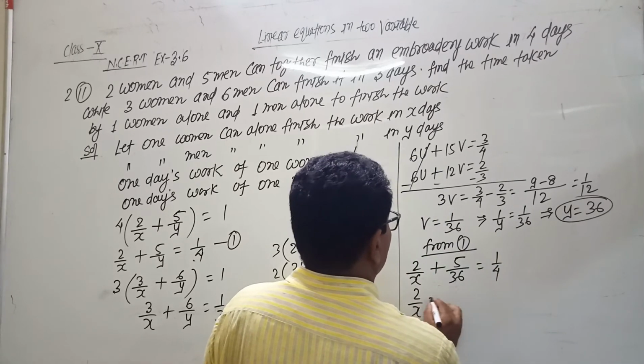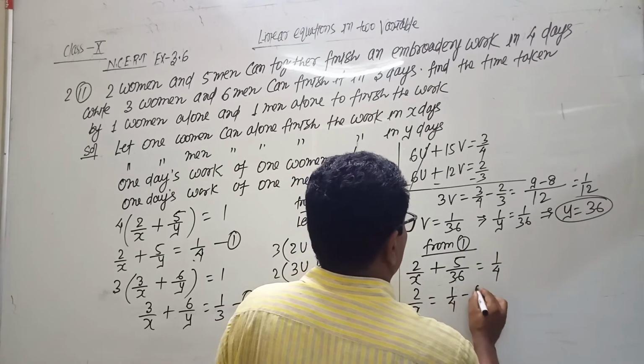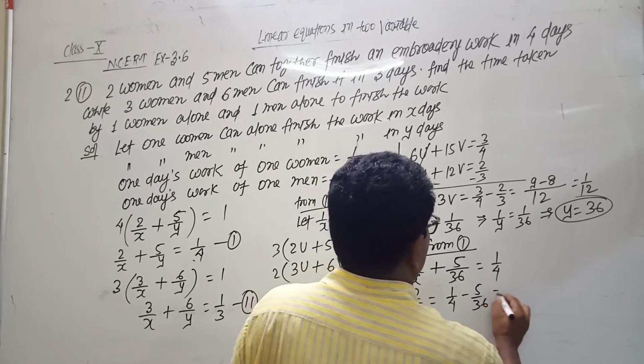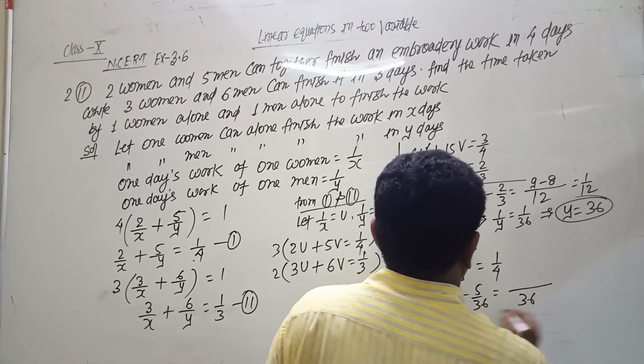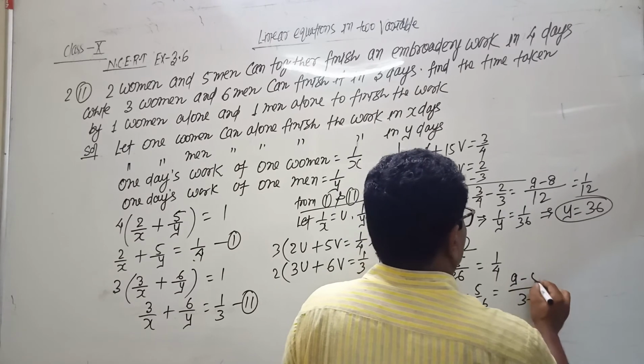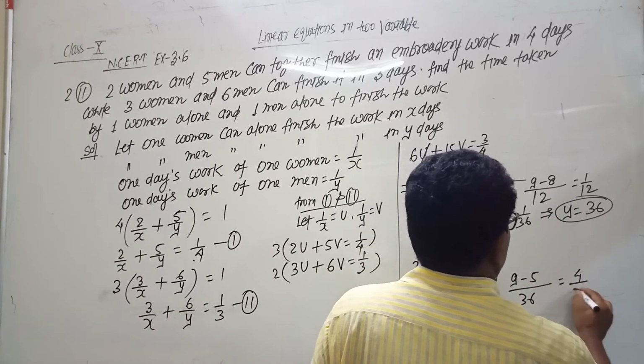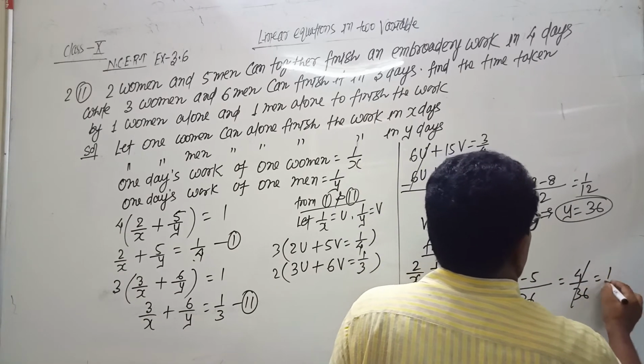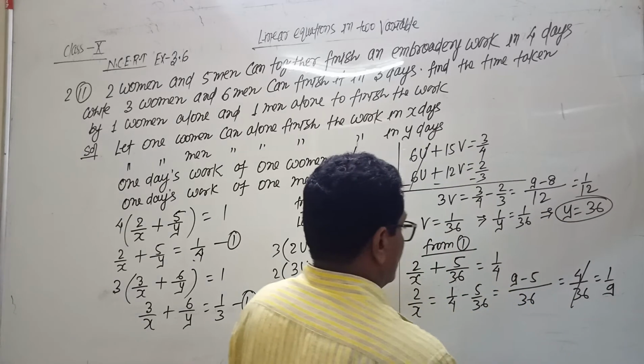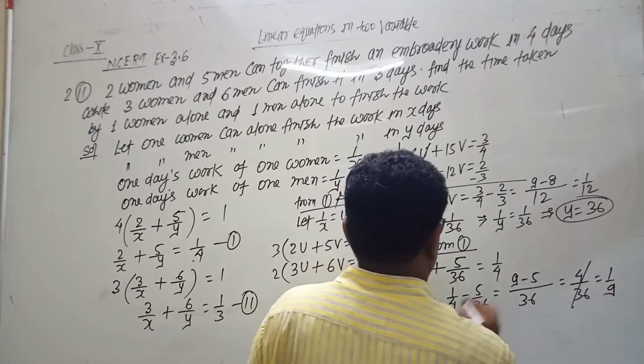So 2 by x equals to 1 by 4 minus 5 by 36, and LCM 36 becomes 9 minus 5, which is 4 by 36, and which is 1 by 9, and by cross multiplication x equals to 9 into